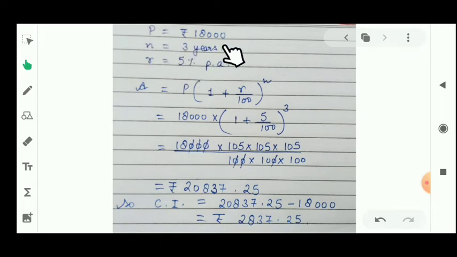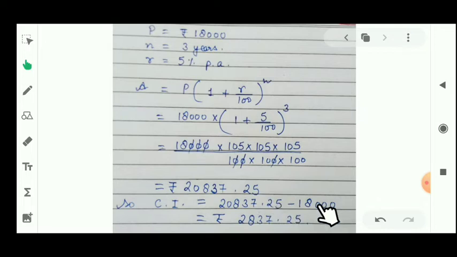Principal is given 18,000 rupees, n is the time, so it is 3 years, and r for rate is 5% per annum. As I told you earlier, the amount's formula is P(1 + r/100)^n. So the principal's value is 18,000, 1 is already given in the formula, r is 5 and n is 3. When we solve it, its value will be rupees